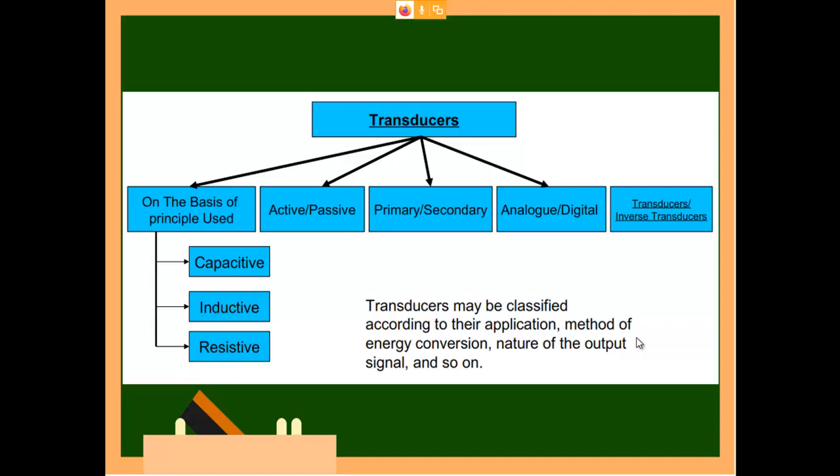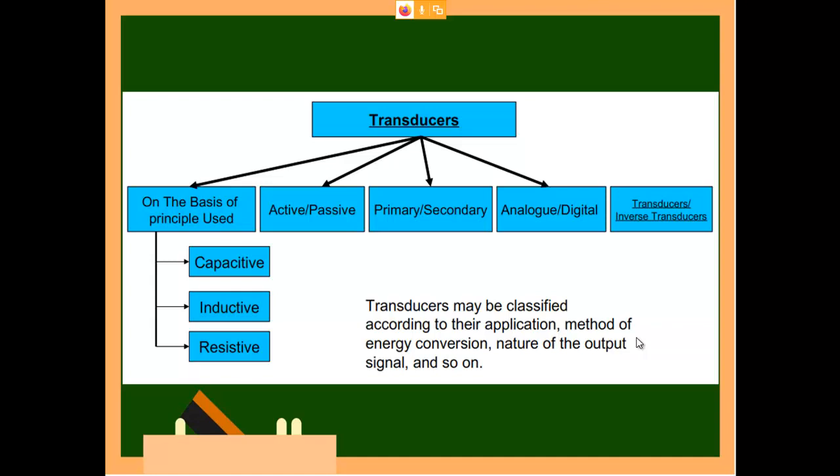The input from the primary will be given to the secondary, and the secondary will try to amplify. All such things will be done in the secondary. Even though you say amplification, that is also a sensor. You are giving a low value signal and getting a high value output, and for a change in input there is a change in output, so that can also be called a sensor. So that is called primary and secondary.